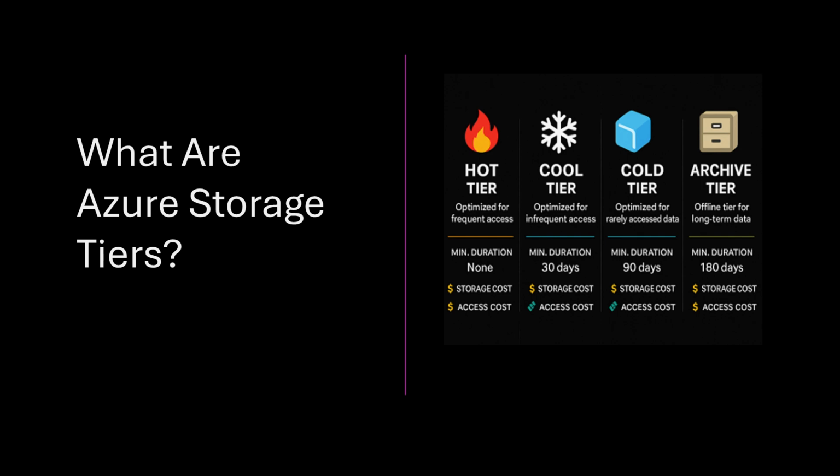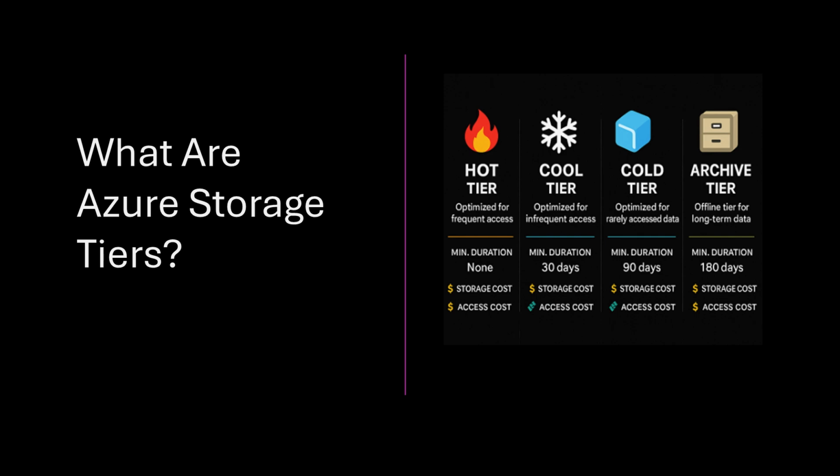Finally, the archive tier is your most cost-effective option for deep storage. It's offline by design, meaning you can't directly read or modify blob content while it's in this tier. However, you can still access the blob's metadata and index tags. To retrieve the data, you'll need to rehydrate it back into the hot, cool, or cold tier, a process that